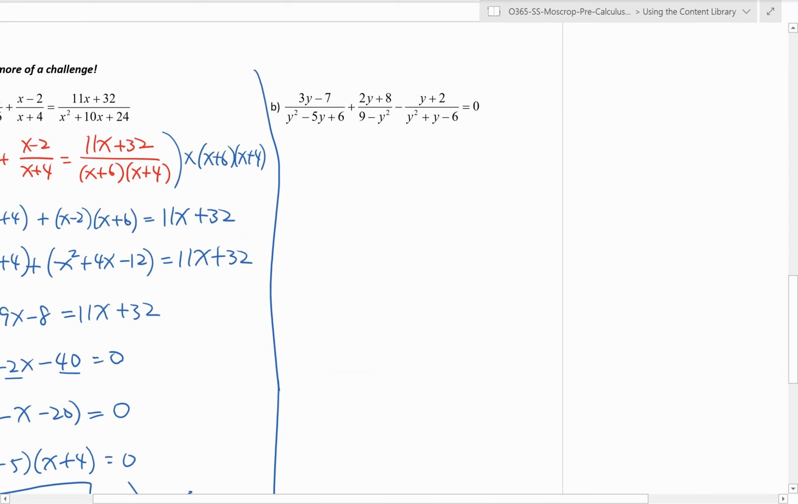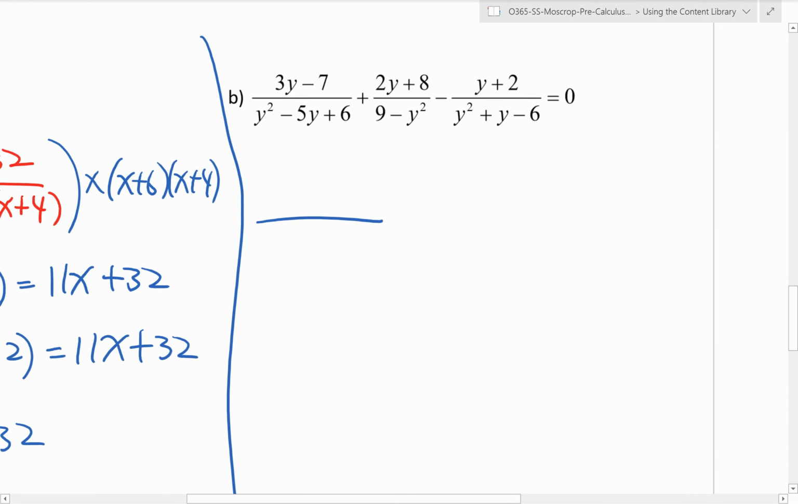Okay, I will actually go over this question from the very beginning. So here, factor. So 3y minus 7. This is going to be y minus 3 and y minus 2, plus this is 3 minus y and 3 plus y. Because we have y minus 3 here, what I'm going to do right now is